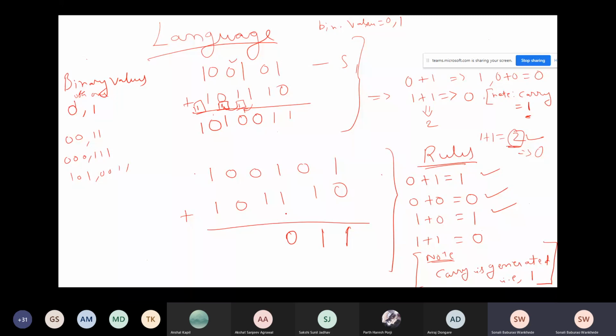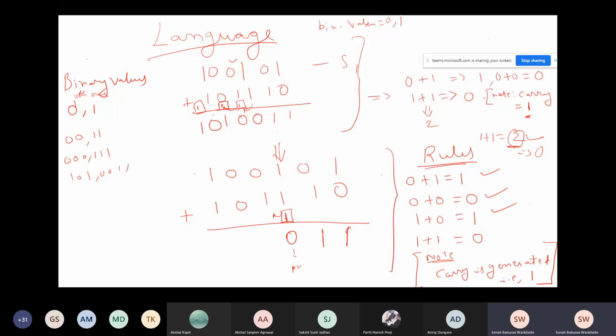But the definition is that a carry is generated. Carry means you have to add one more 1 in the next step. At this particular point of time, 1 plus 1 gives 2, which is not a binary value, so it is absence of information and we write 0 here. And over there we generate one more 1. Keep in mind, you always have to generate one more 1, and that 1 is used for your next addition. This one is shifted over here.